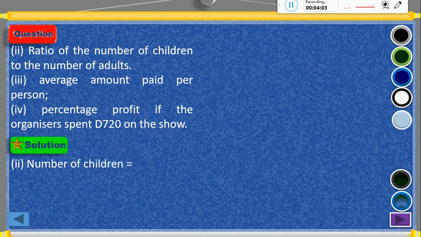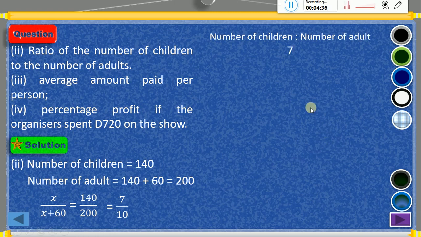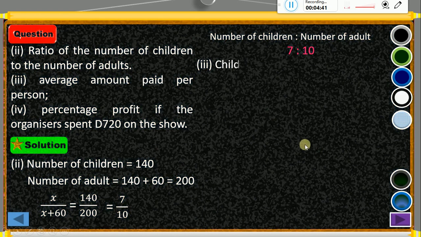Number of children is equal to 140. Then the number of adults is equal to 140 plus 60, which is 200. Now, taking ratio, x is to x plus 60 will be equal to 140 over 200. Simplifying, 140 over 200 will give us 7 over 10. Therefore, in ratio terms, the number of children to number of adults is 7 is to 10. Then,